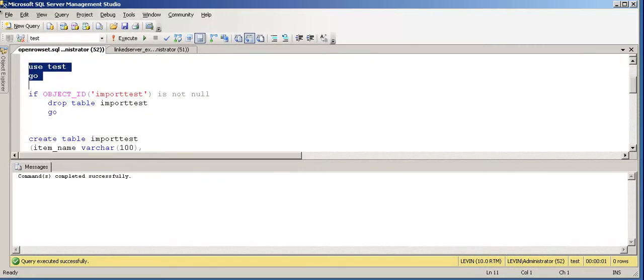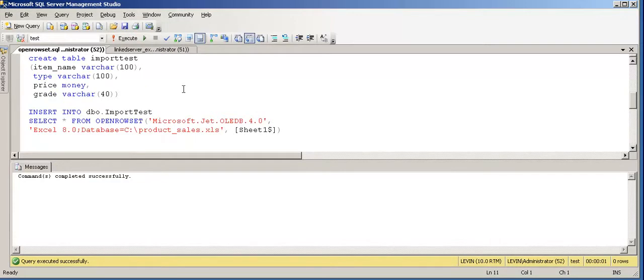Again, before creating a table I can check the object. Now here is the table I am creating. Why I have used this format: I want to insert the Excel data, and I have gone to the Excel data and seen the size of the fields, and I have given just an approximate length for each and created the table.